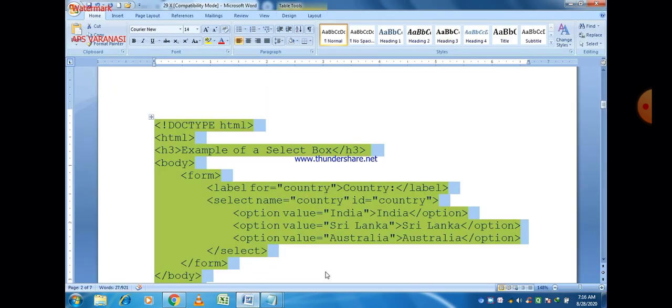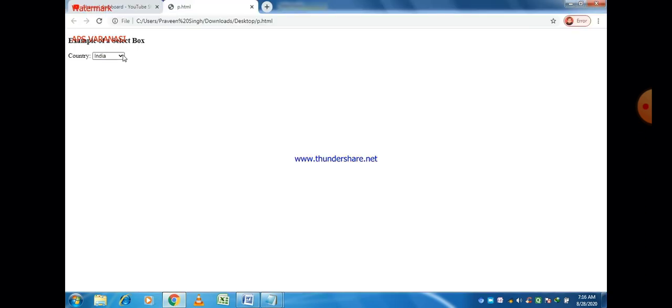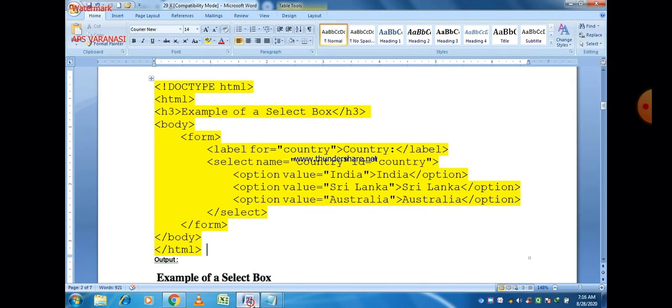If you want to select more than one country or one country using the select box, it is possible. So select and option are the two elements that are used for that purpose. Now you can easily select one country among the three different countries. You can select more than one option also.